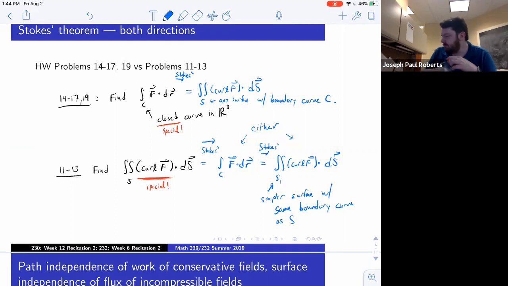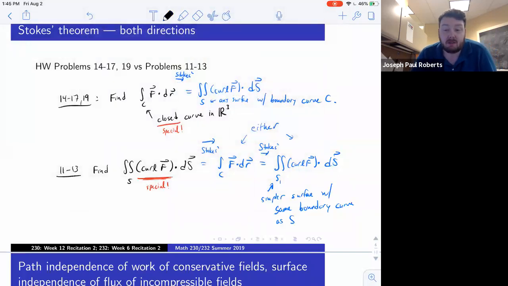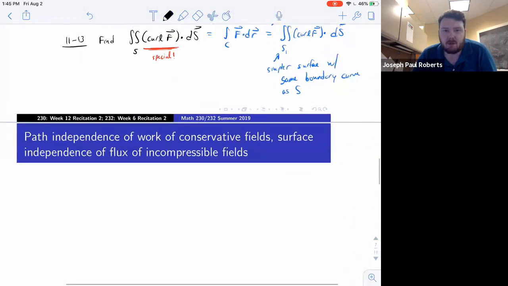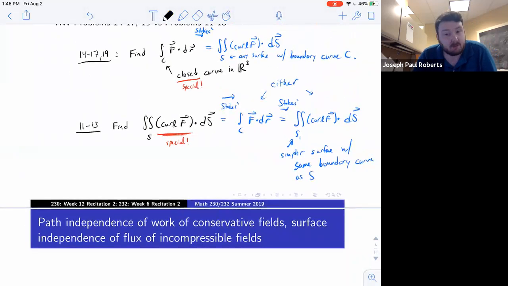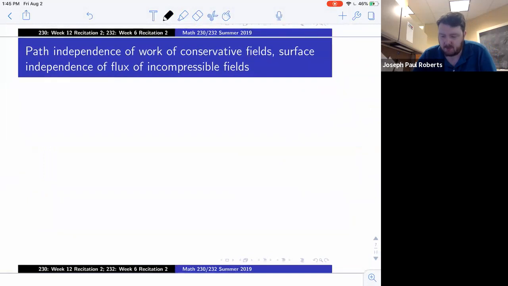And so I think Dom has hinted at the fact that this whole chapter, we're just learning the same thing in different contexts. It's actually the fundamental theorem of calculus. But I want to draw a strong parallel to something we talked about a couple weeks ago with this idea. So this next slide: path independence of work of conservative fields, surface independence of flux of incompressible fields. So, okay. This first thing,